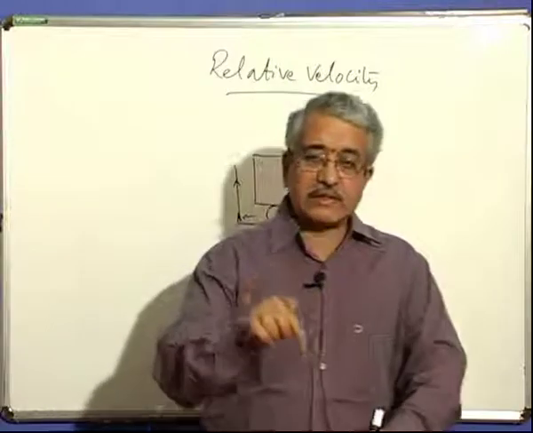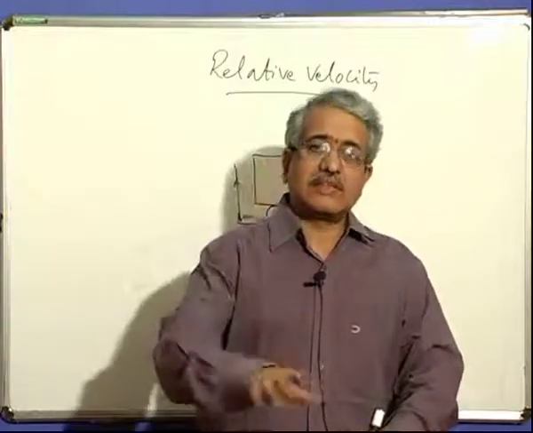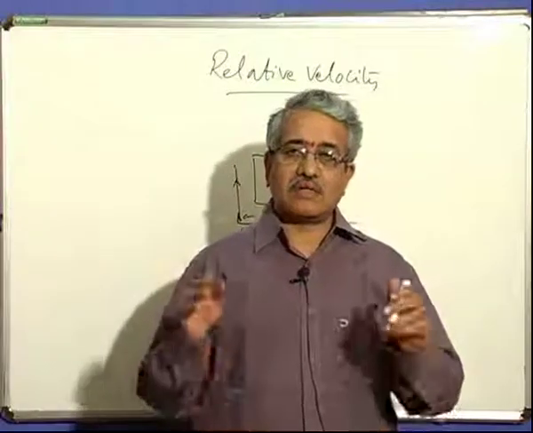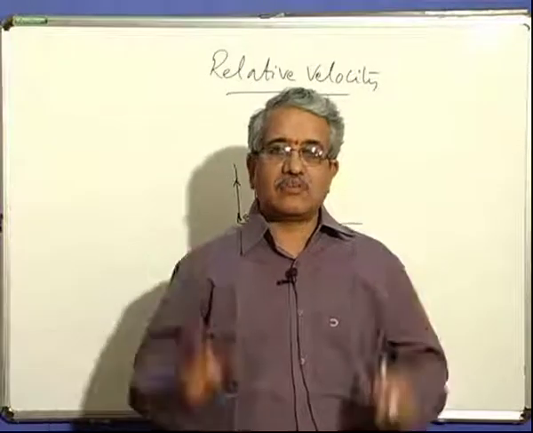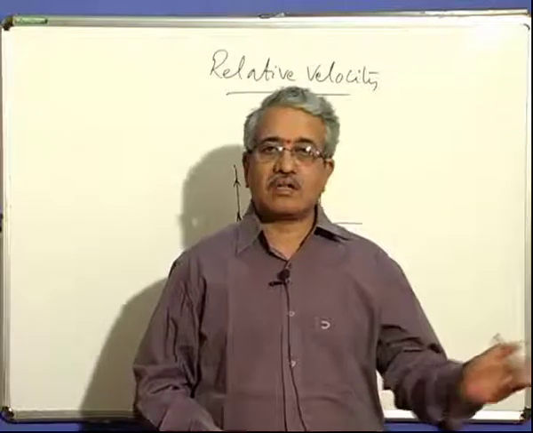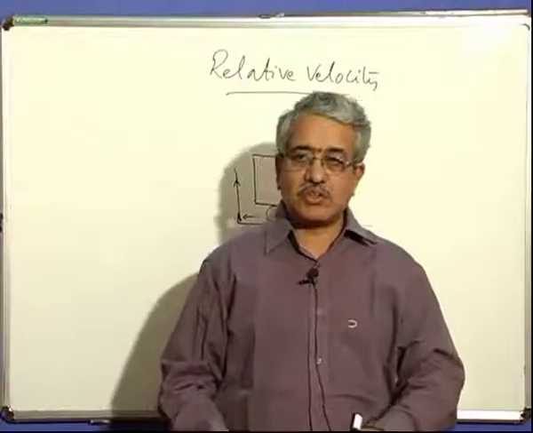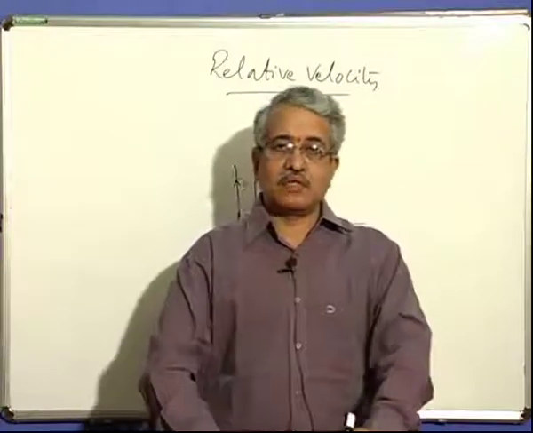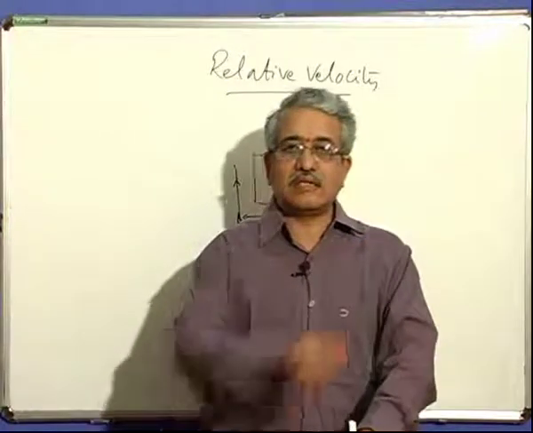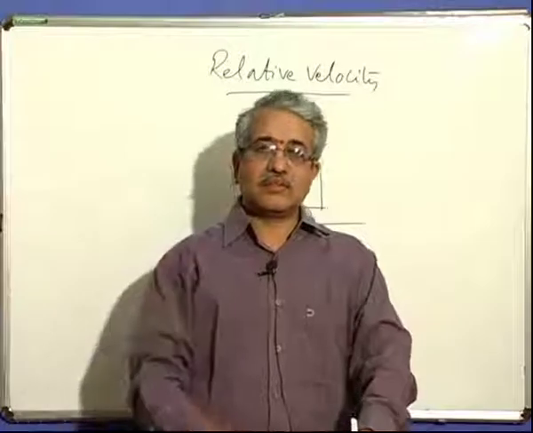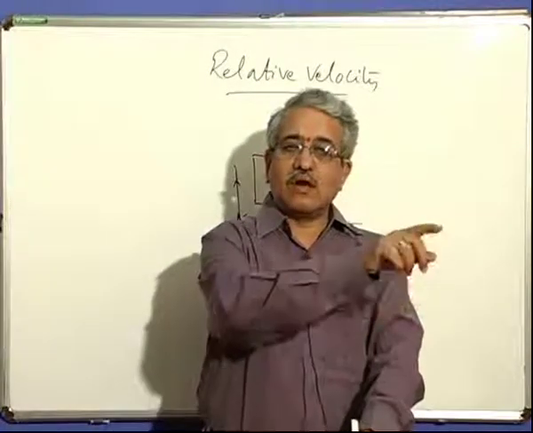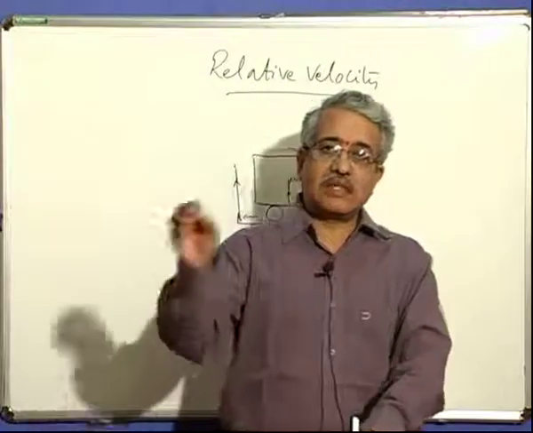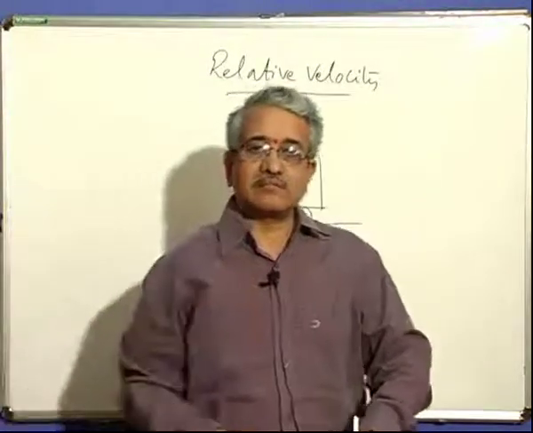So relative velocity is the only thing that is there, actually. There is nothing like actual velocity anywhere. We all try to find actual velocity and say the car is moving on the road with a velocity. It means you consider yourself on the road and you don't move, and the road is not moving, then the car is moving, we say. So velocity measured by you on a stationary road, when you are also still, is what we call the velocity of the vehicle.